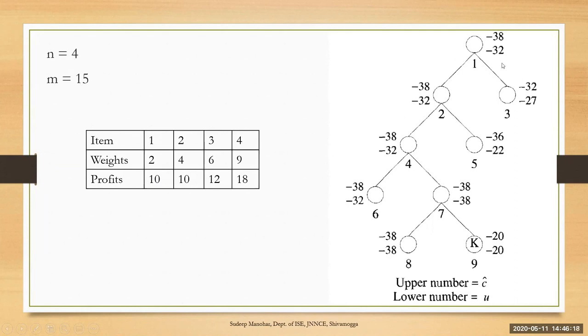So this is the state space tree that is drawn for this least cost branch and bound problem. If you look at this, it is a binary tree. Every node contains 2 children, and every node is associated with 2 values. The upper one is C cap of x, the lower one is U of x. For every node, you are supposed to calculate these, and we will come up with the solution. We will see how to solve this. Take a pen and paper so that you can work along with me.